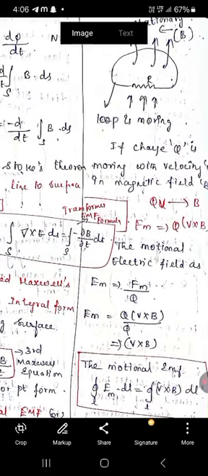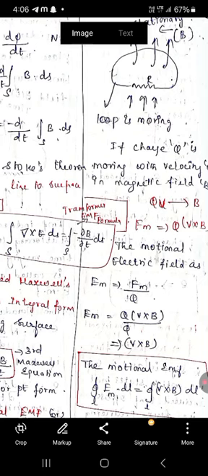And one more type of induced EMF under the classifications is motional EMF. In the previous case we fixed the loop as stationary and we changed the magnetic field. But here we keep our magnetic field fixed and we change the loop. We are moving the loop, right? This is the concept. Here we have a closed form, that is we are considering a loop, like a circuit. So we are moving the circuit in the presence of a stationary magnetic field. That is case 2.